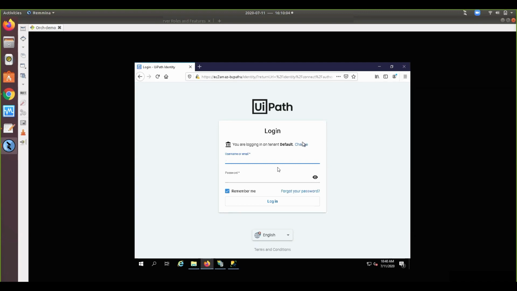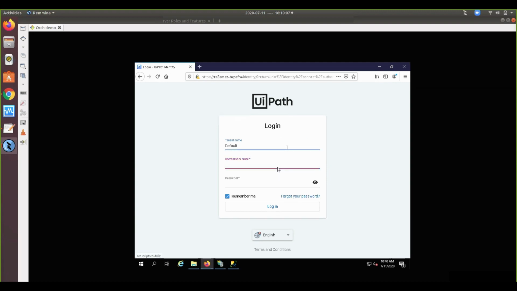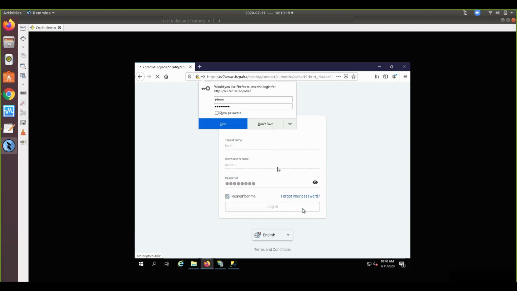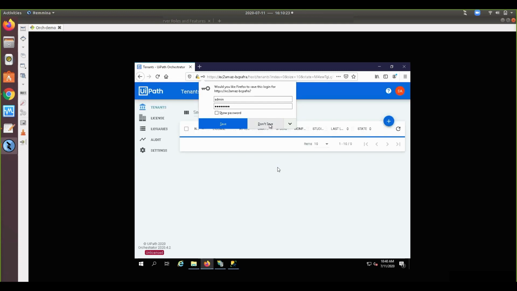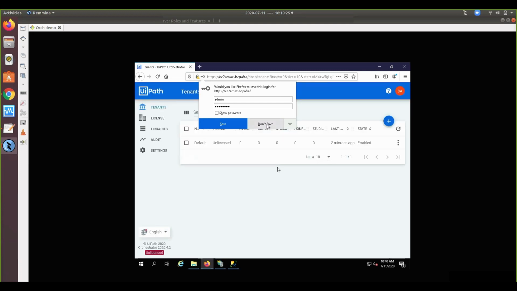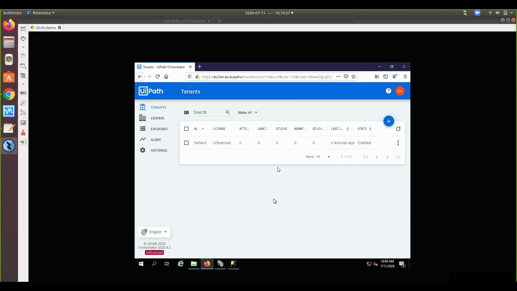If you want to log into the host tenant, simply change it to host admin. And again, this is the password we gave while setting up the Orchestrator. We had default passwords only until the 2019 version of Orchestrator, but from 2020 onwards they have given us the option to set up all these passwords at installation time itself.